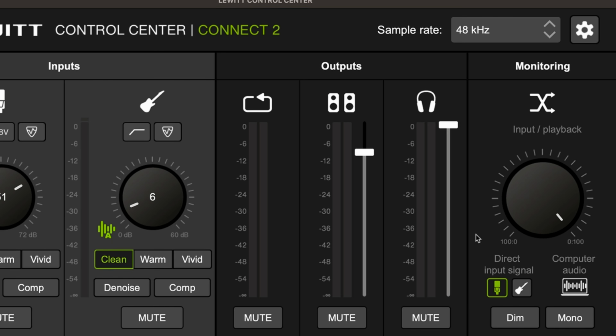And when you don't want to put up with any latency, you can use direct monitoring. Most audio interfaces have an option for direct monitoring that lets you hear the signal in your headphones before it goes through any analog to digital conversion that can create delay. When it's activated, you're going to hear the output latency on playback, but you're going to hear what you're recording in real time. The upside of direct monitoring is that you get virtually zero latency no matter what your buffer sizes are, but the downside is that you only hear your dry signal.